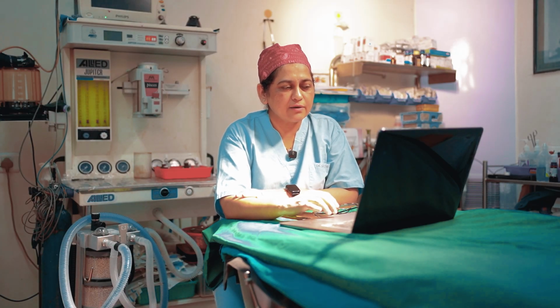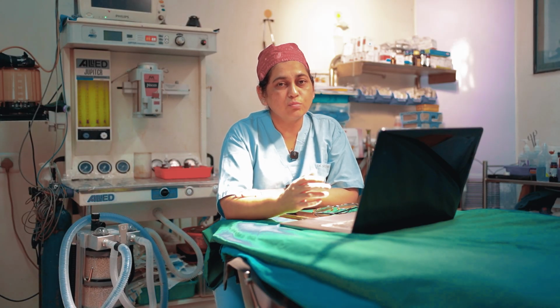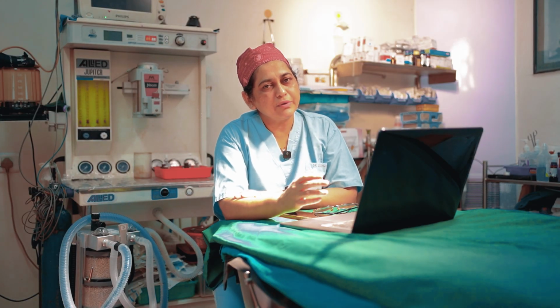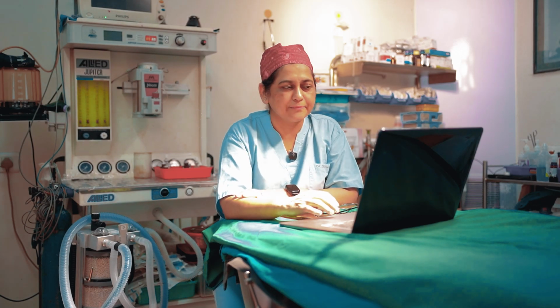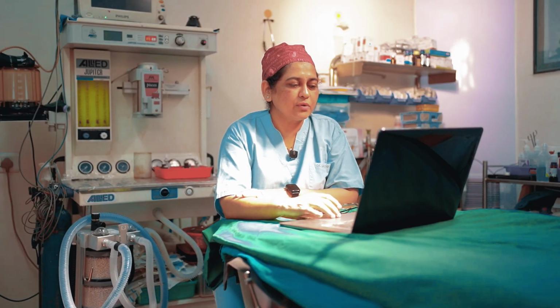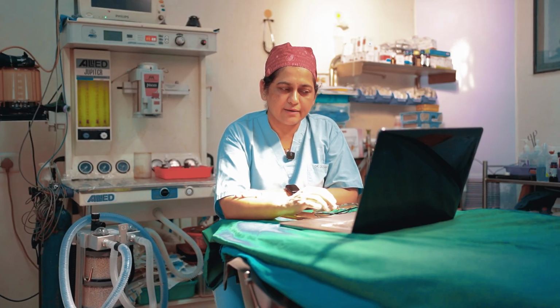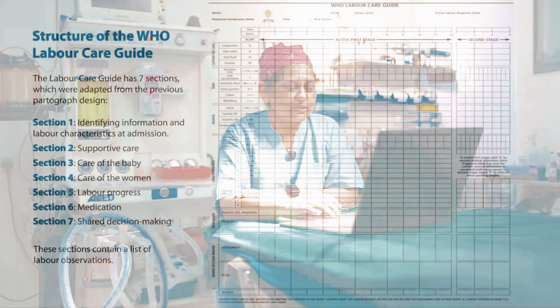This is completed with the information obtained when active labor is diagnosed and confirmed. The difference is that we start monitoring these women after 5 centimeters or more of dilatation. In the previous partogram, it was from 4 centimeter dilatation. So this is one of the important changes, and in these 7 components, section 2 and section 7 are new.